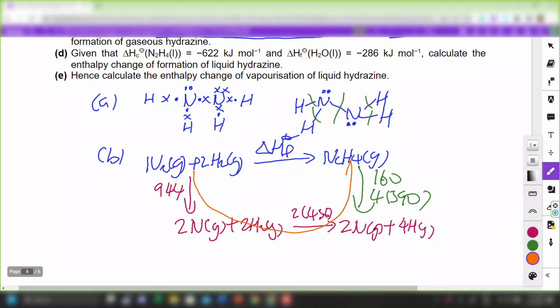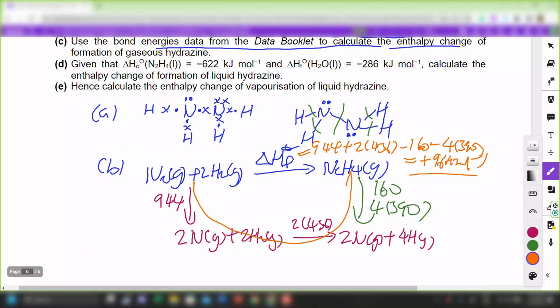Okay, so in that case, enthalpy change of formation is simply 944 plus 2 times 436 minus 160, and then minus 4 times 390. So I'll end up with plus 96 kilojoules per mole after punching the calculator. Alright, so I hope that's fine with you. Right, okay, so next for part D,